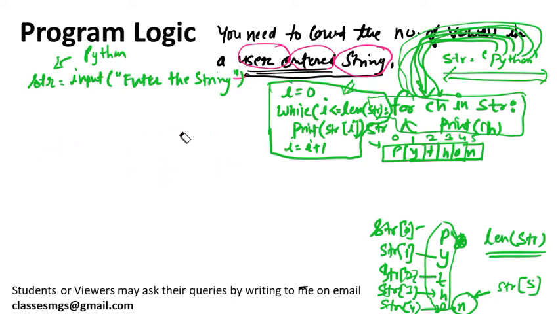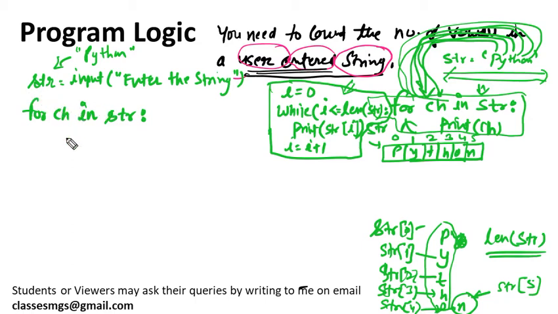Okay, so that you don't get confused, I have removed. So let's suppose user has entered some string, Python. Now you need to use this for loop to iterate the characters. So what you can do: for ch in str, then it will go character by character, each character will come in